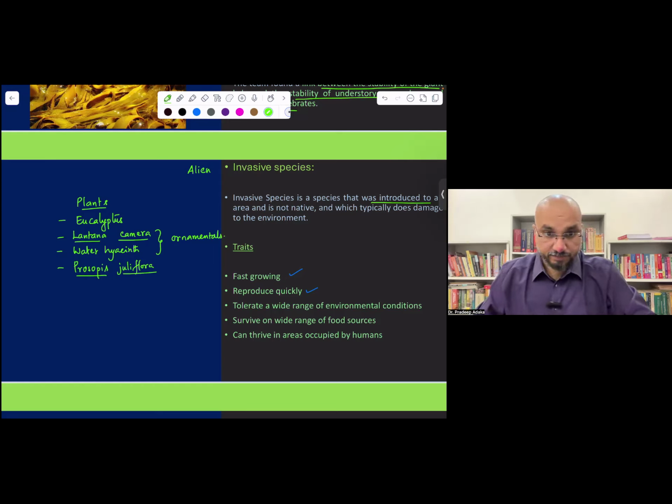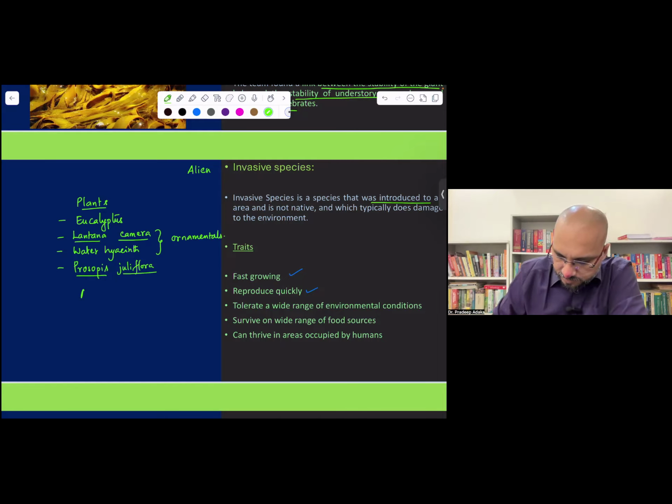Okay, so these were examples of the plants. Please write them down. Okay, it will help you. Suddenly, if you get a question on invasive species, you should be able to give some examples. Then animals,